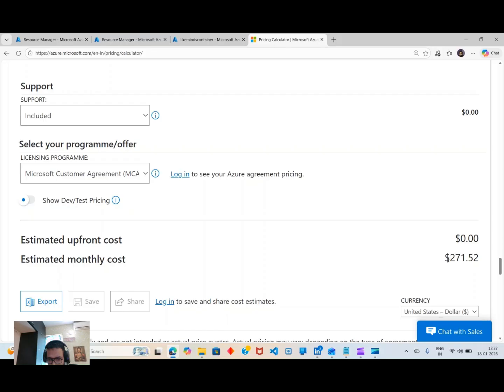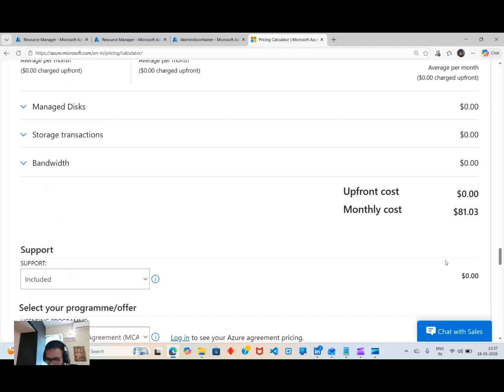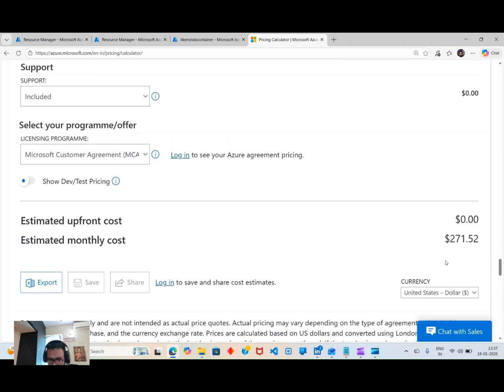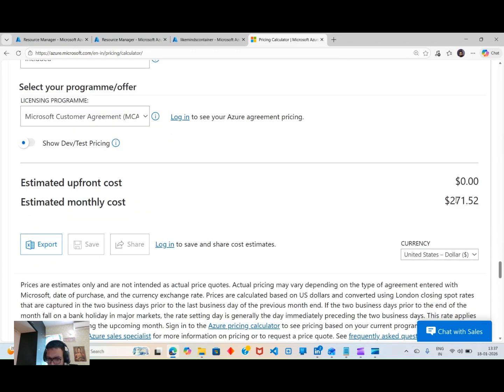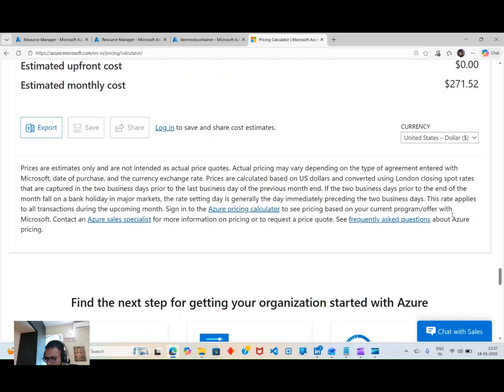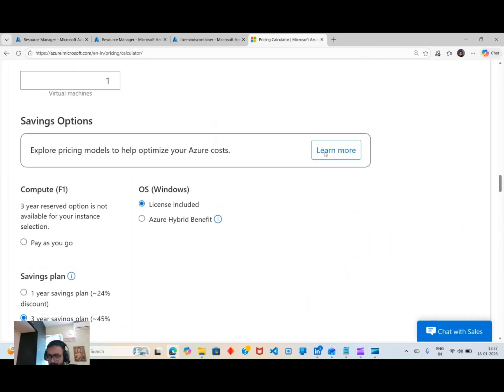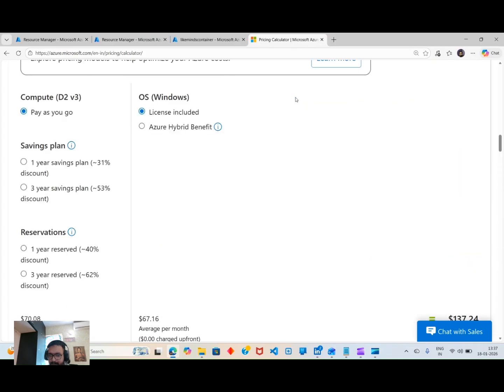And by including the license, the cost is $271. We will see in depth about Azure CLI and about